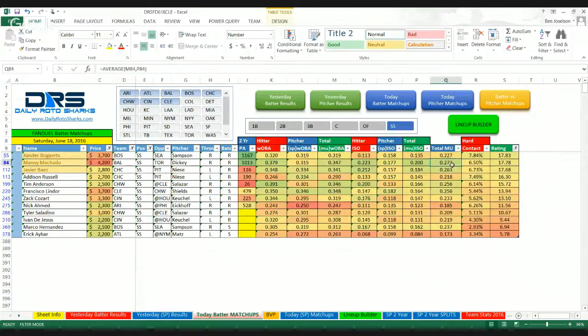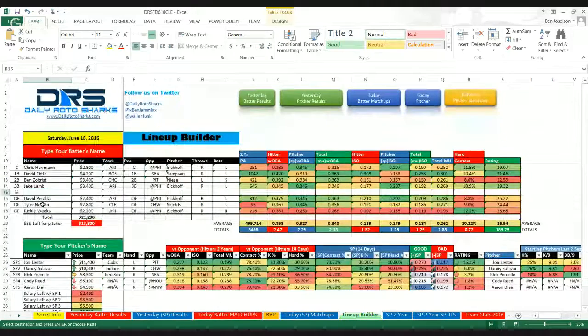Bogarts, but Machado, they're basically the same rating, but Machado has a better matchup, so he's going to be my number one pace by value. All right, so I'm going to